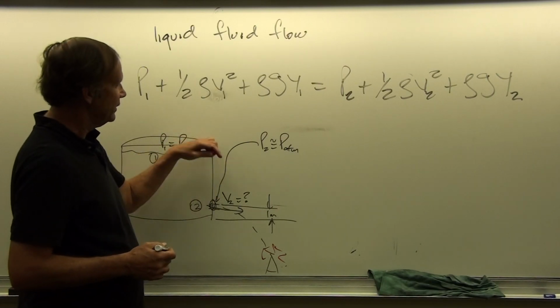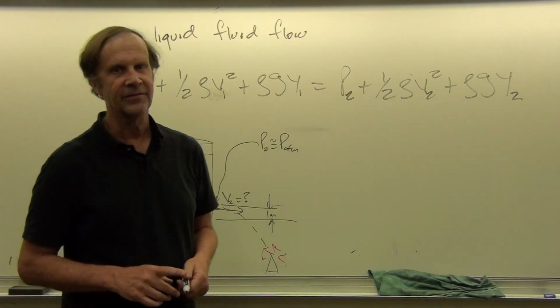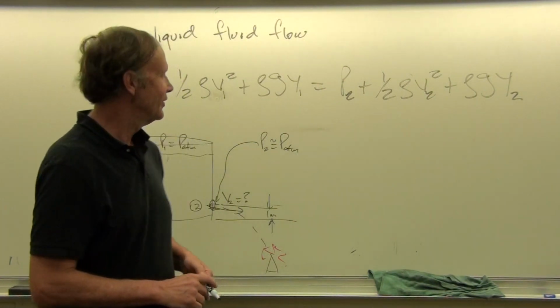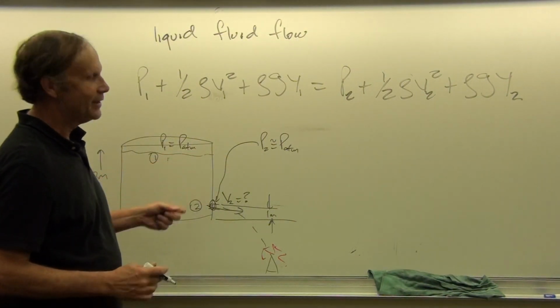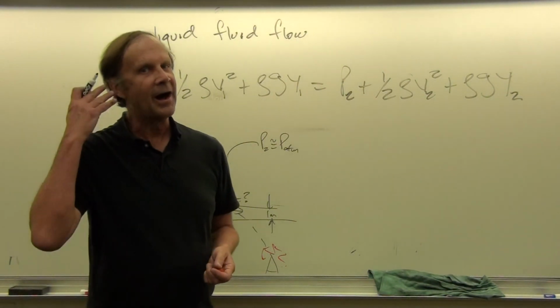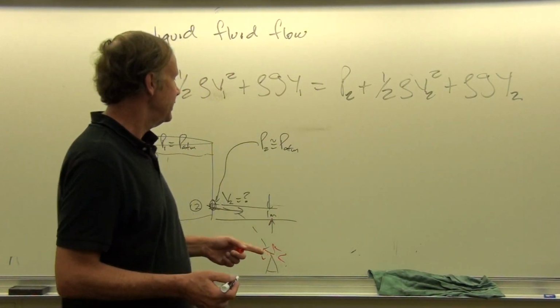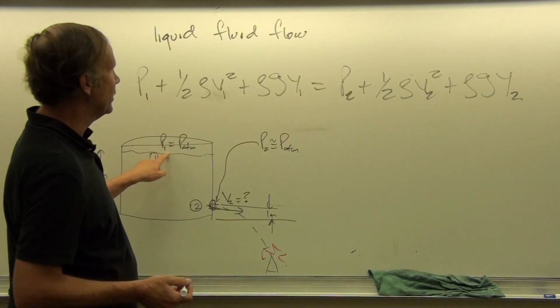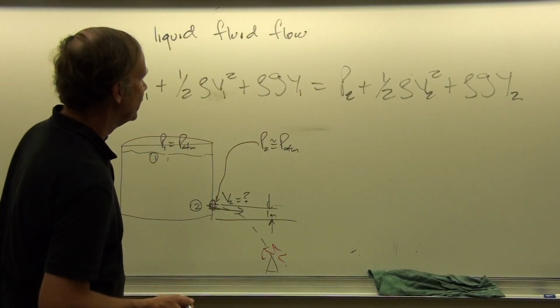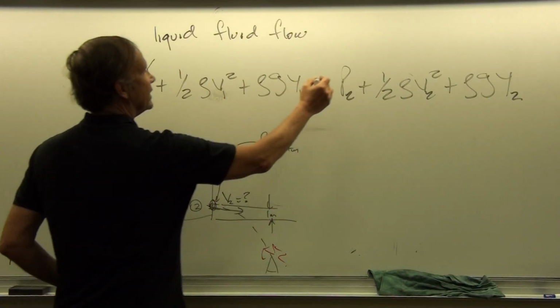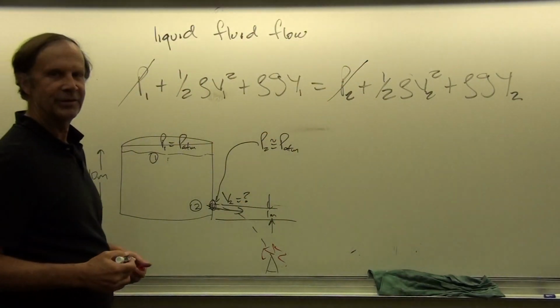And it's also going to be a little different because we're at a slightly different elevation. Here, we're 9 meters higher. Now that's not a big deal. You're not going to be popping your ears because of a 9-meter elevation difference. And so because of that, I can say that P1 is approximately equal to P2 for this problem. And so that means I can cancel them out of my equation completely.